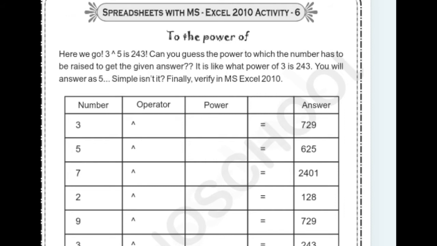So we have to find which power value we put on 3 and finally we get the answer 729. Like that we have to find the answer. Then for 5 power, which value has to come here, the final value will be 625. Then 7 power, the power value, and 2401. So like that we have to find all the power values here.